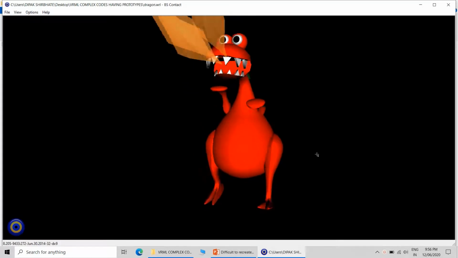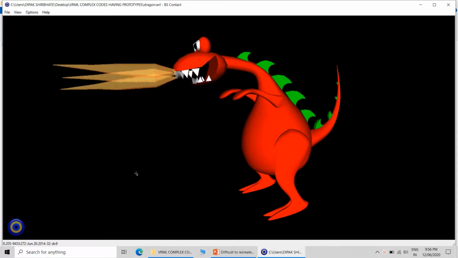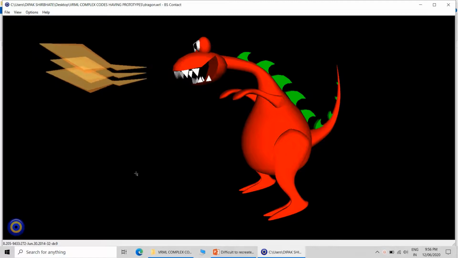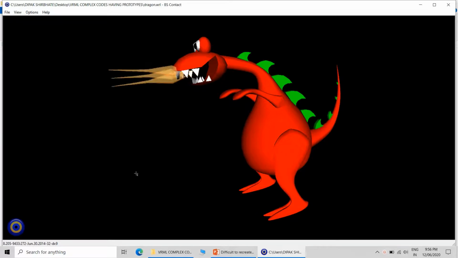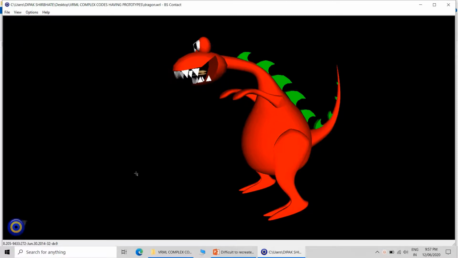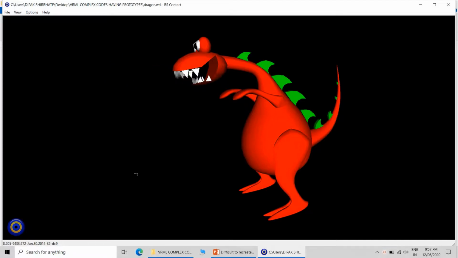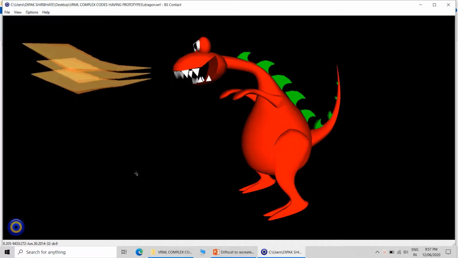Then this dragon, I found that it is very difficult to recreate this dragon.